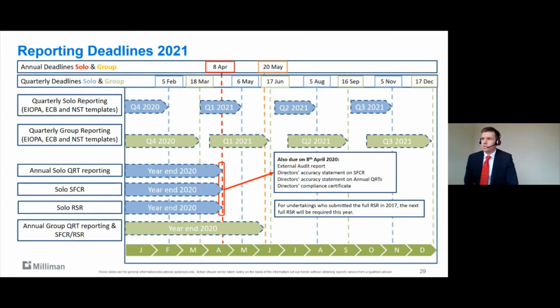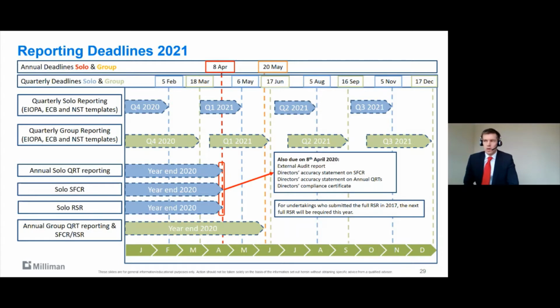Another item to note, which hasn't necessarily been brought through the requirements during the year, is that companies previously had an option to not recalculate the SCR, the Solvency Capital Requirement, on a quarterly basis. There has been a bit of informal communication on that throughout the year. EIOPA have published something in light of COVID that they would prefer if companies at least did an estimate, or a full recalculation of their SCR, and they wanted that reported quarterly during the year. The CBI then came out later in the year, I think around September, and mirrored the comments from EIOPA, saying they did expect at least an estimate to be provided in your quarterly QRTs.